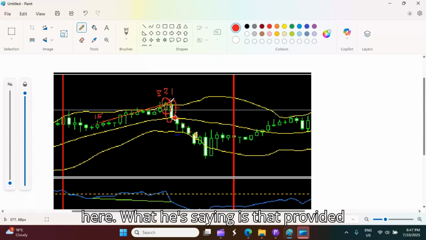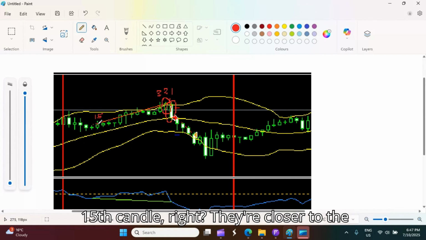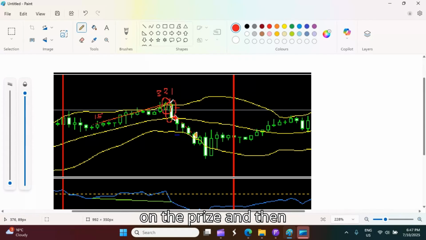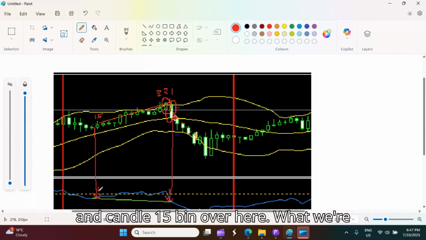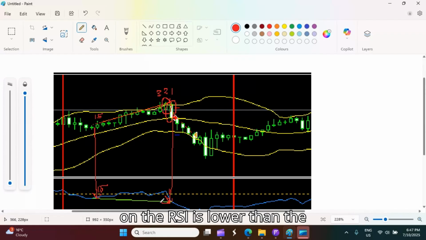What he's saying is that provided that candle 1 is higher than the close of the 15th candle, then that's identifying a bit of a movement to the upside on the price. And then similarly on the RSI, we're saying that from candle 1 being over here on the RSI and candle 15 being over here, provided that the close value on the RSI is lower than the value on the 15th candle on the RSI, then we have identified